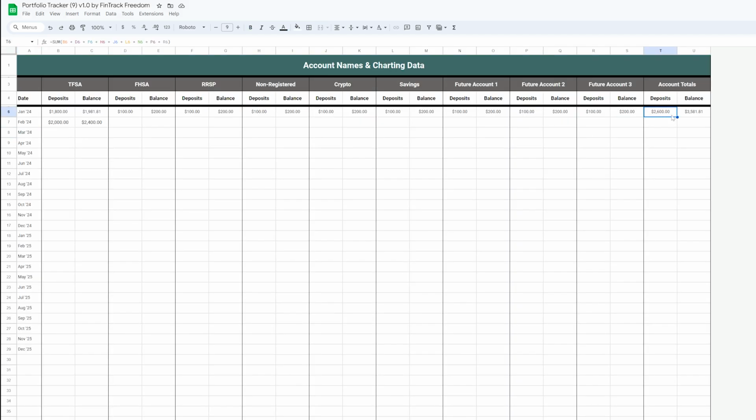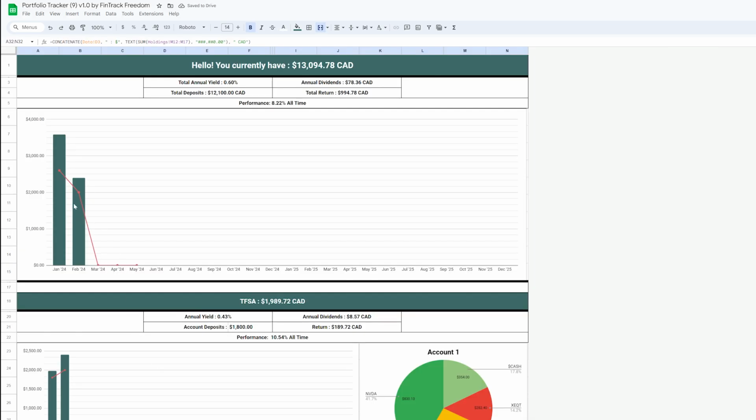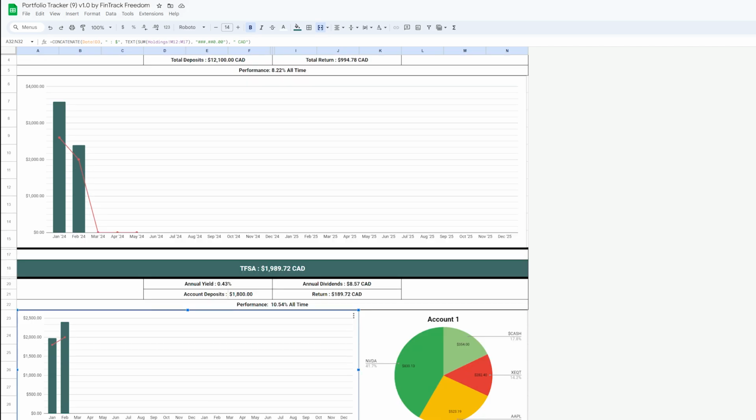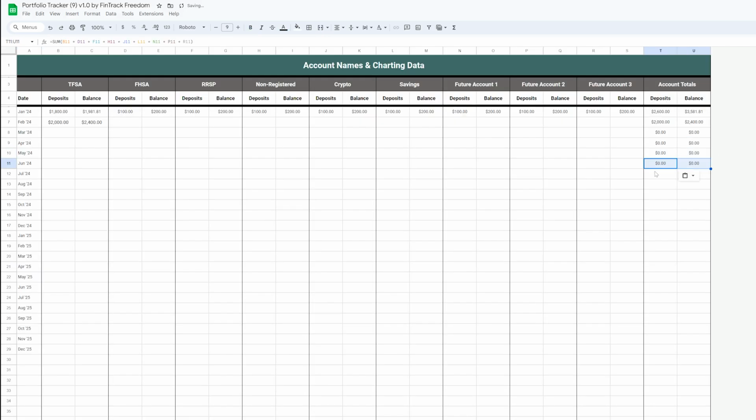For the main one, you're just going to want to copy the two on the left right here, come down to the one below on the left and paste it in. And every time that you paste this in, it's going to add some new information here. If you don't mind the red line being there, you can just keep doing this for as far down as you want. But what I like to do is I only like to add it in once I have done